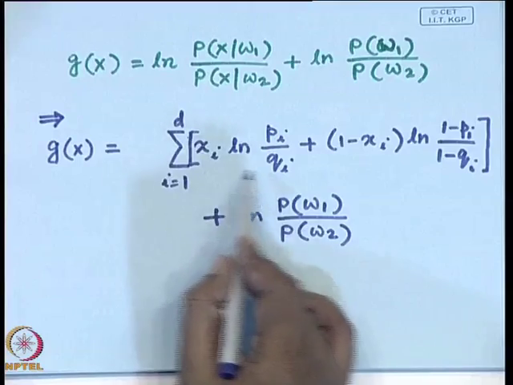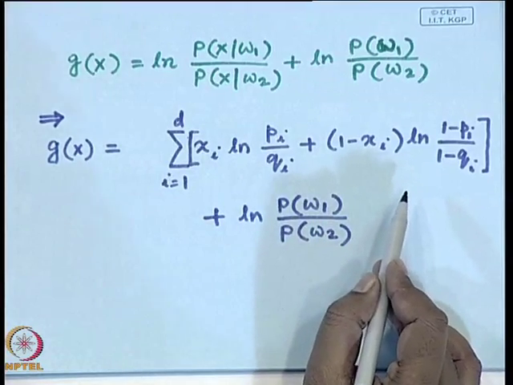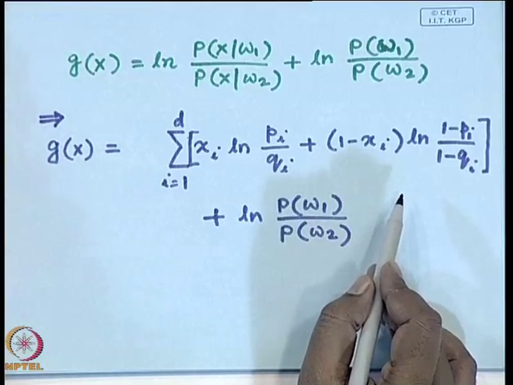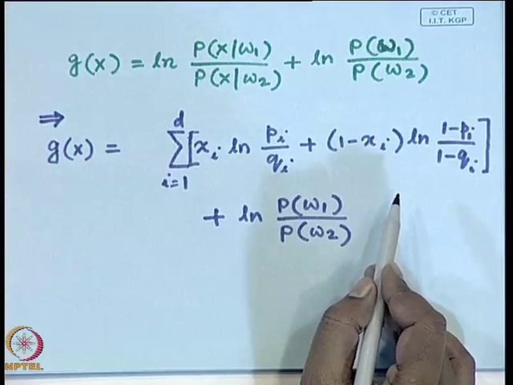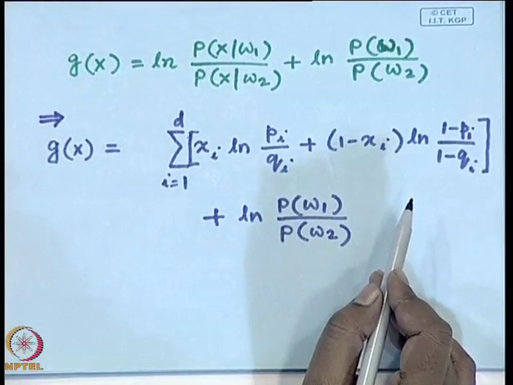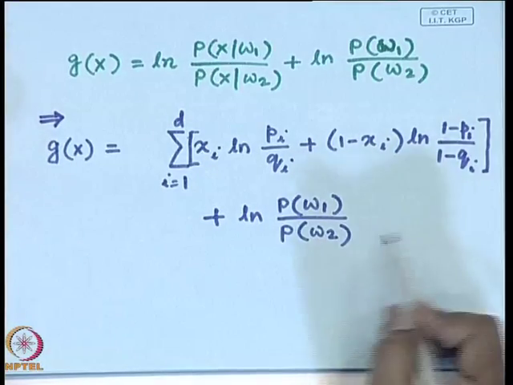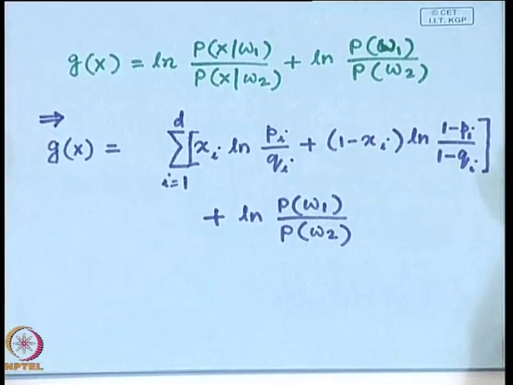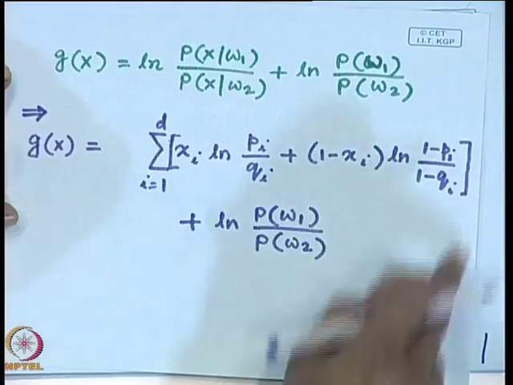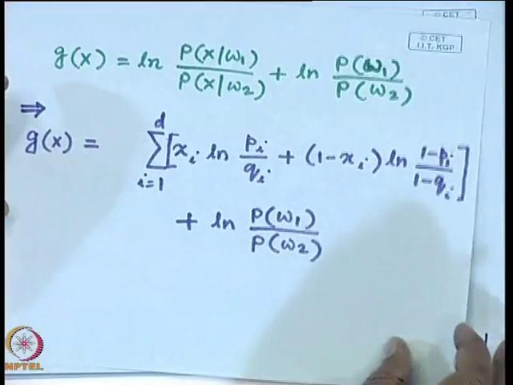Because this simply says the linear combinations of different components x_i of the feature vector x. I do not have any x_i term, x_i squared term or x_i cube term. So, the equation is a linear equation, and if I just rearrange this particular linear equation, I can write it in the form